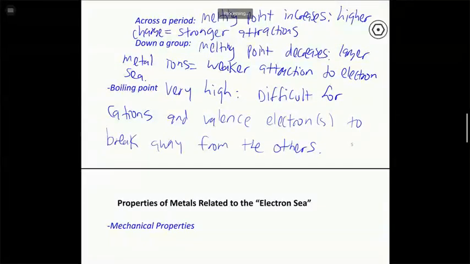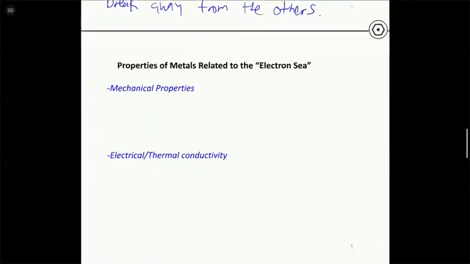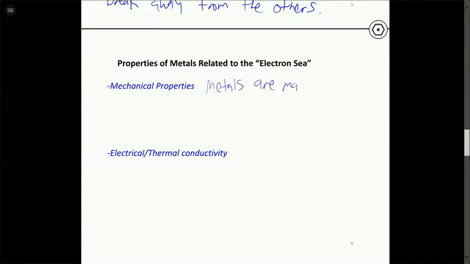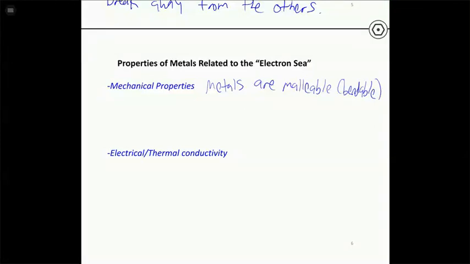Let's also talk about what are called mechanical properties of metals. So there is the basic mechanical property of metal, which is what happens when you put a force on a metal. Metals are what are called malleable, which means we can bend them. All right, so if you want to do your best Incredible Hulk impression and take a metal bar, if you try to break it, it's going to bend, but it's not going to break very easily. So they're very bendable, but difficult to break, and that's because